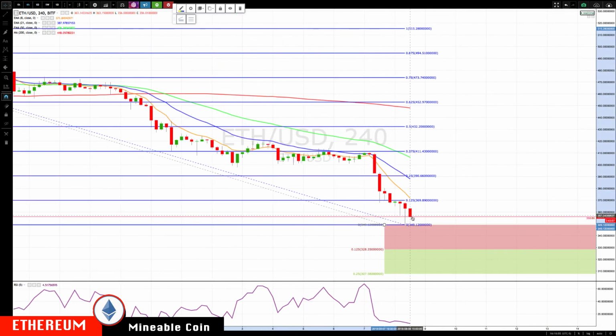This bar is not complete yet. I'm back to the 4-hour chart. That bar is not complete yet, so we don't know if this low is going to actually pause there. If this violates that low, these levels have to be updated, and you could always drag them back to the next level and just concentrate on that